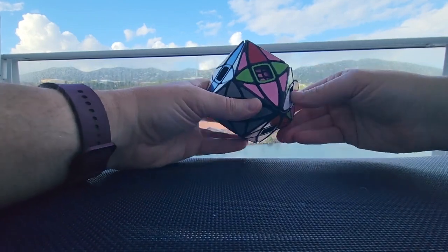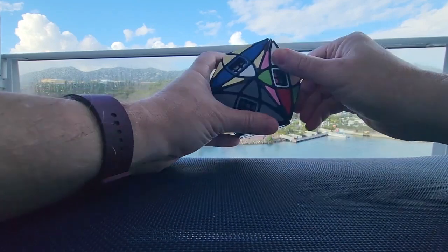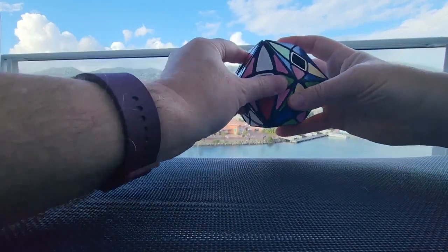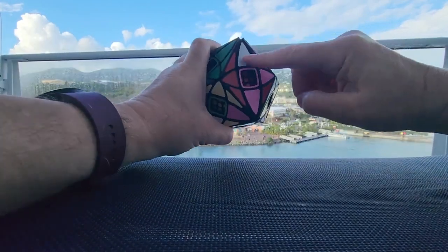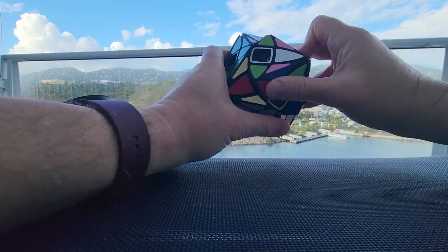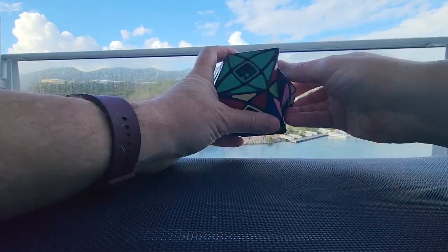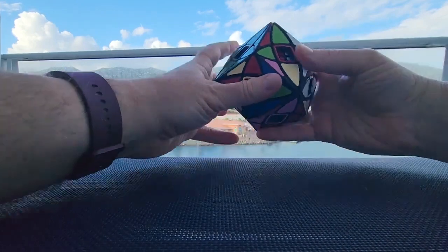So let's move it right in here. Up, down, down, up. Okay, I did that so that it can be into this spot here. I'm going to go 1, 2. These are all lined up. So let's go down, down,